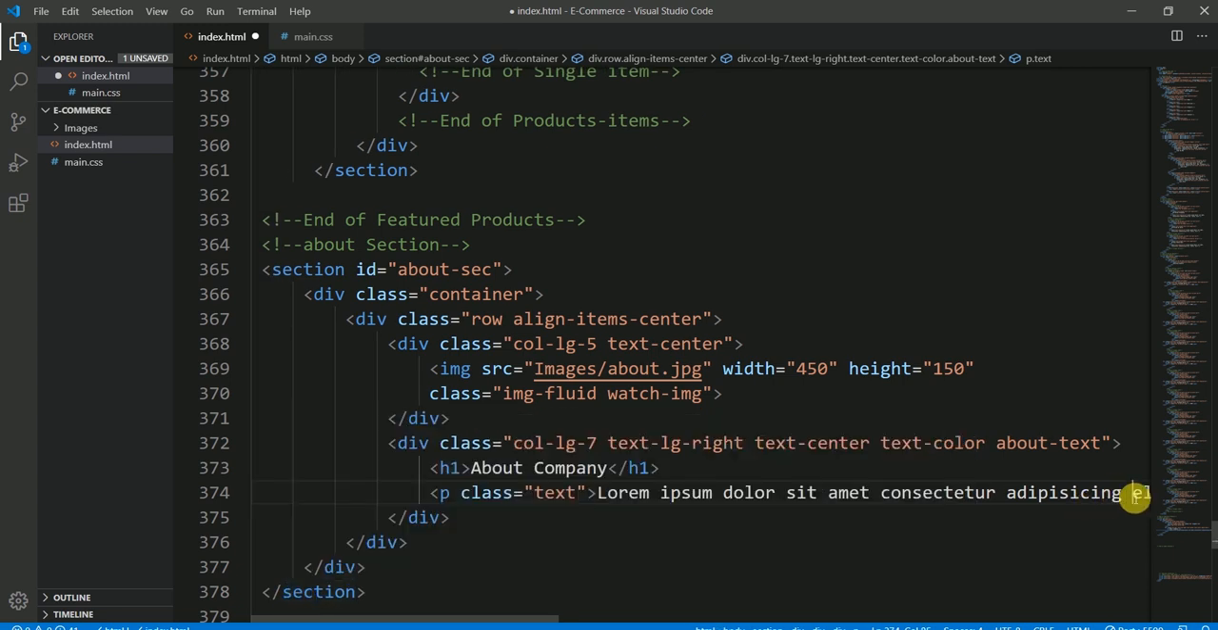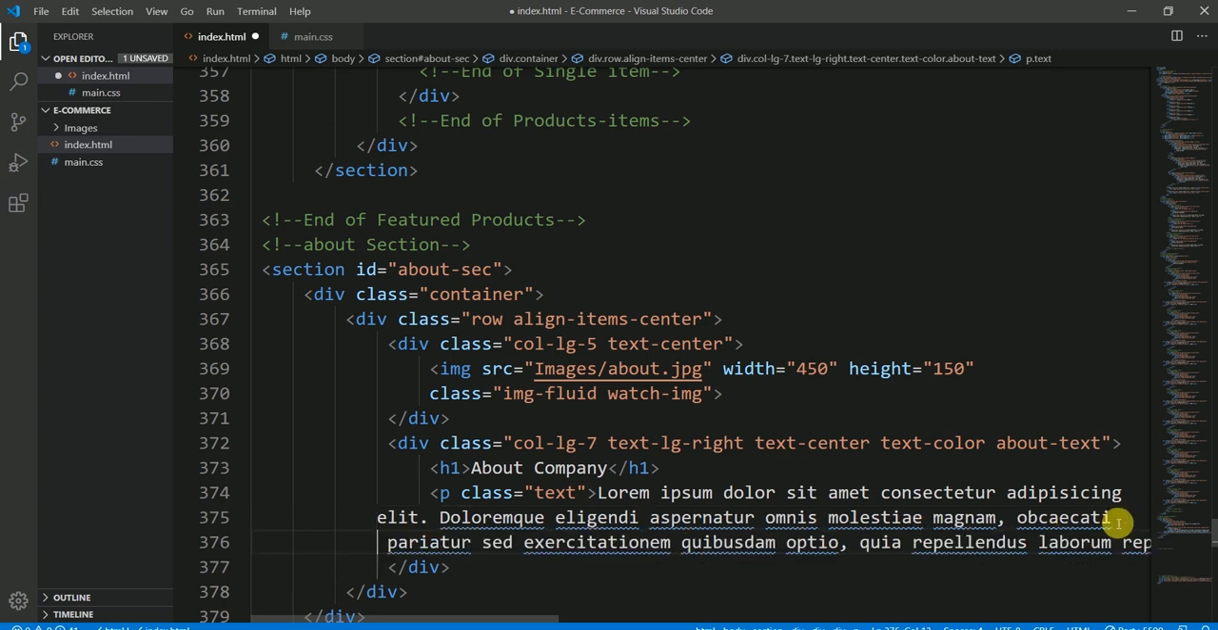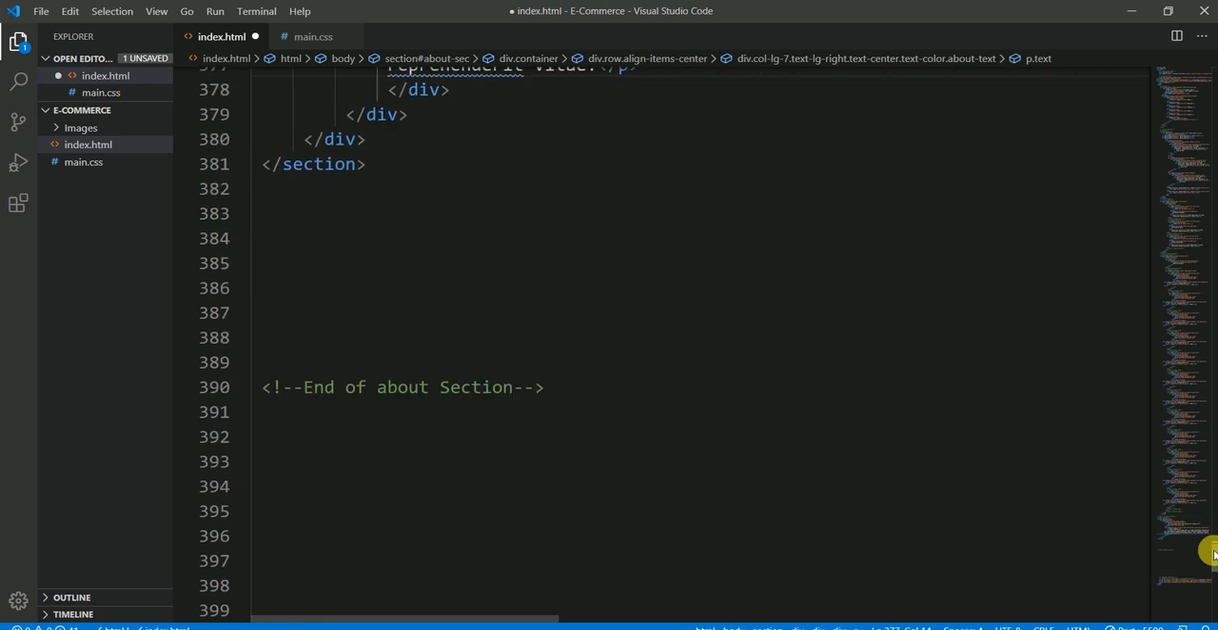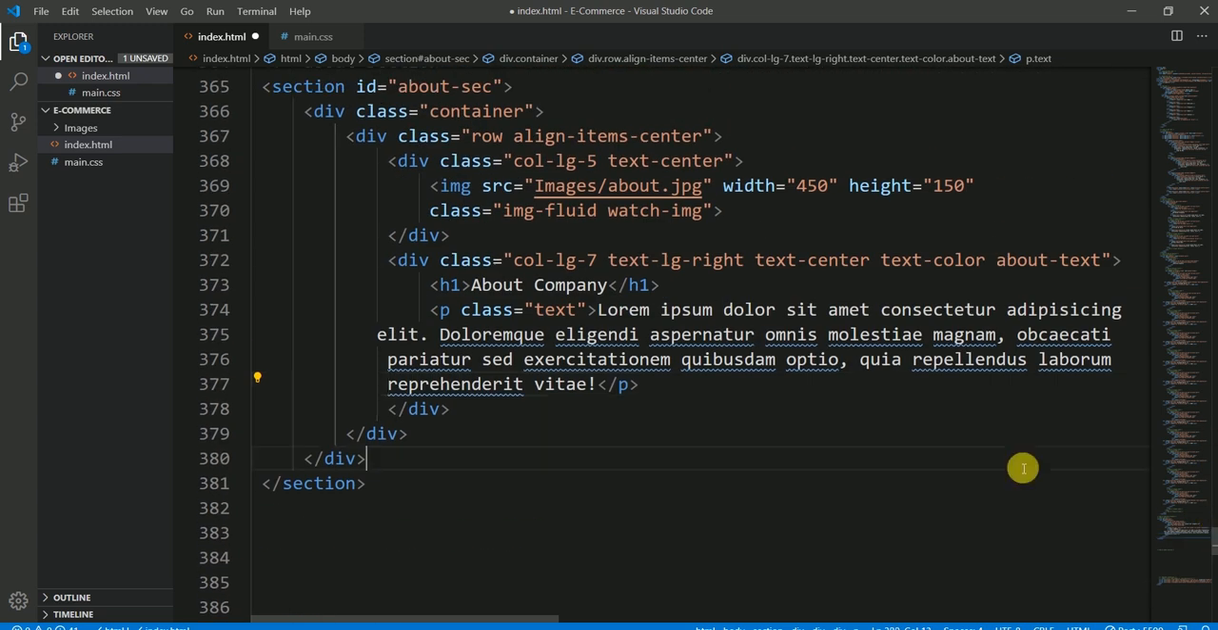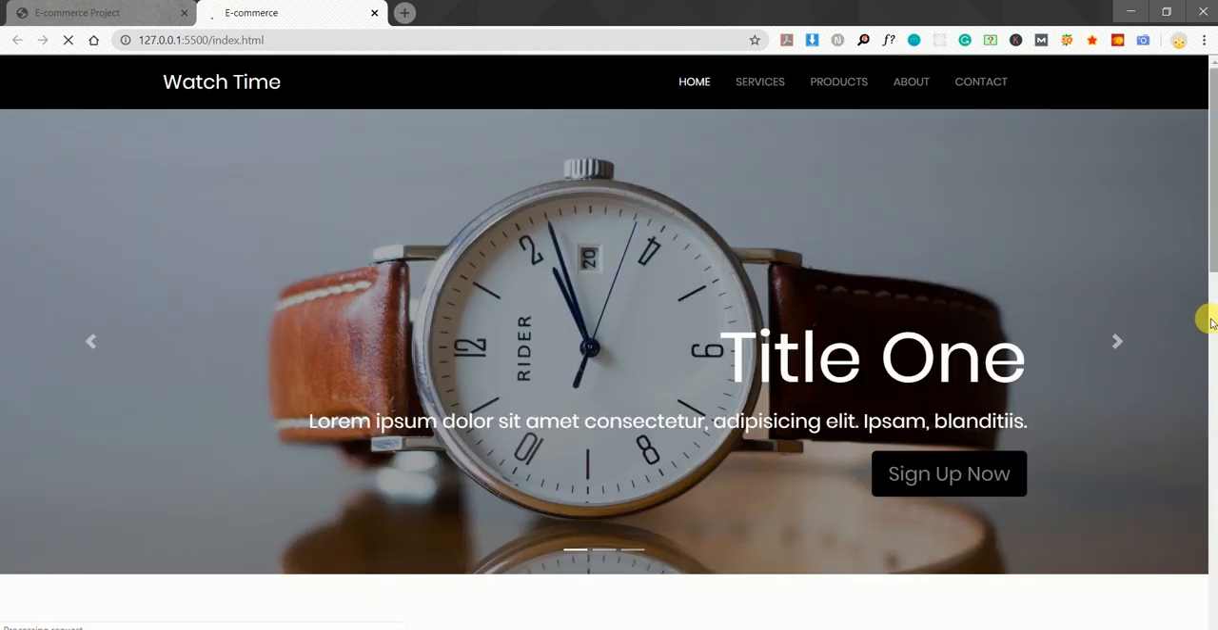And let me break these lines to make it visible within the screen. So let's have here. Okay. Let's save it, move on to the browser,